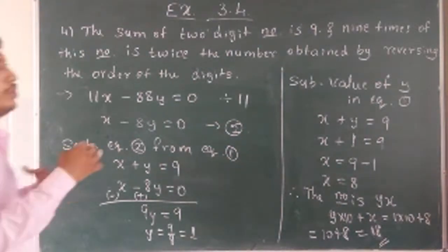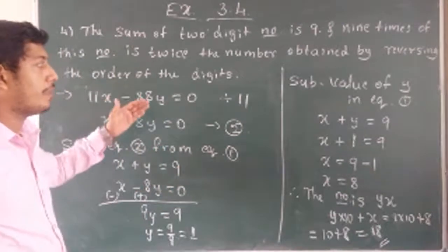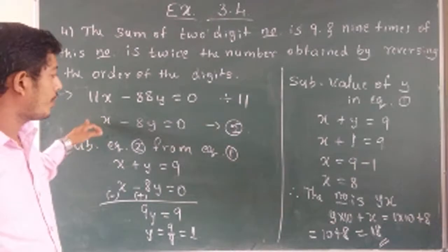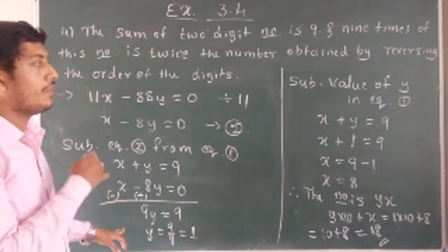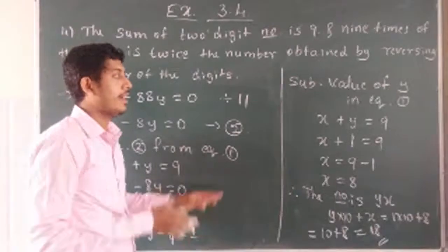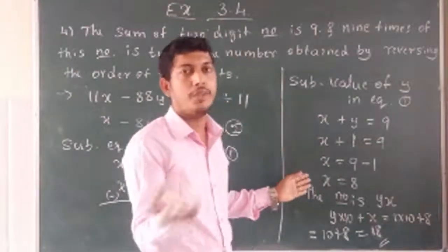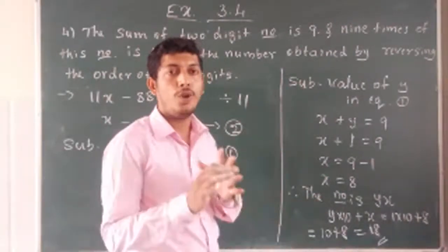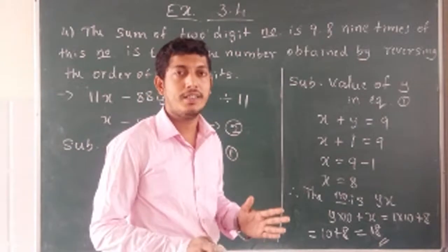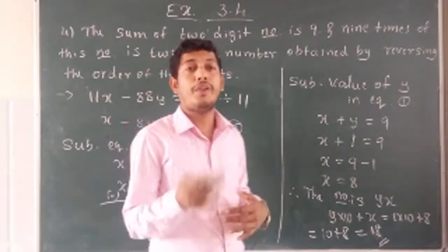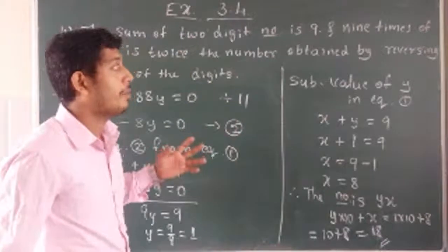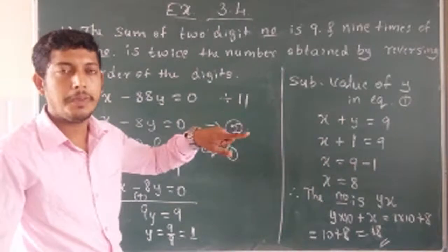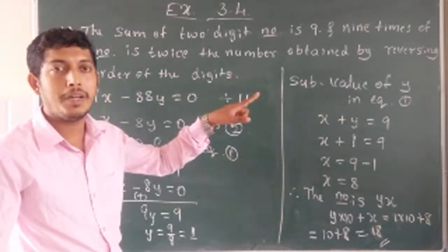So we have to read the statement correctly, and by using that statement we have to frame the mathematical expression, and from that we got the value of y as 1, and when we substitute this value of y in equation 1, we can substitute in 1 or 2, it doesn't matter, it will give the same answer, that is value of x is 8 and value of y is 1. Then we have to find out the number which is given in the statement. So yx, because x is the unit place and y is the tenth place,